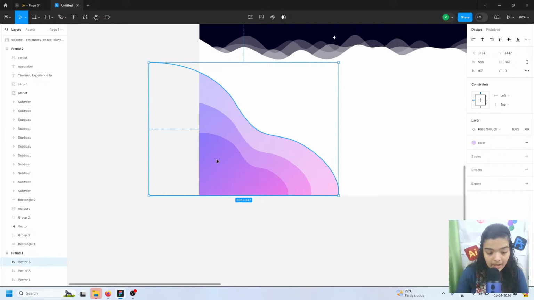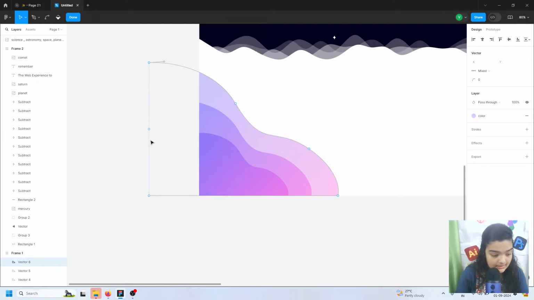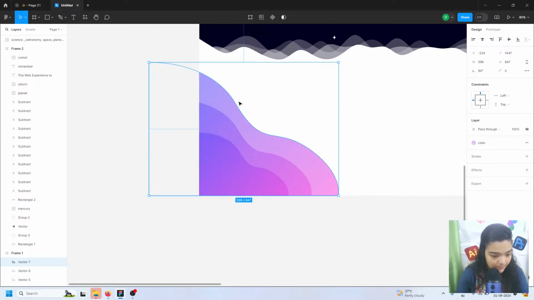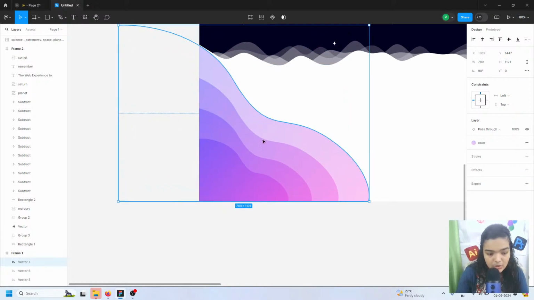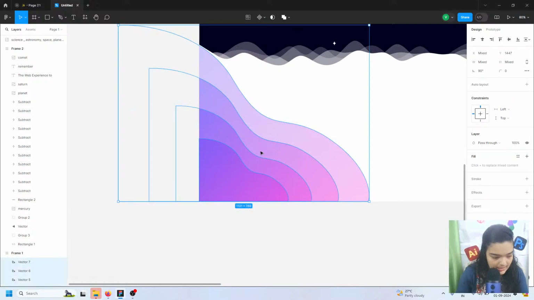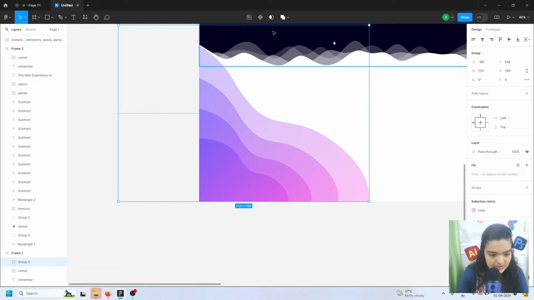And now, you guys, we are doing something that I don't believe has ever been done before, which is why I am so excited about it. This is not only a gradient of blobs, these blobs also have a color gradient inside of them, which is mind-blowing, absolutely mind-blowing. We'll just group this together,